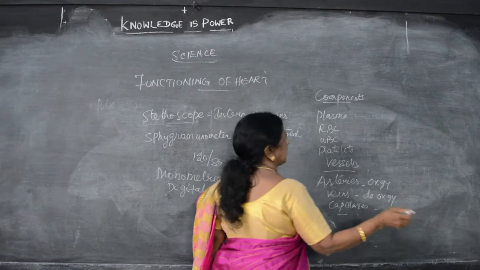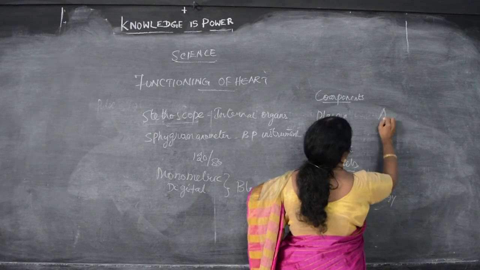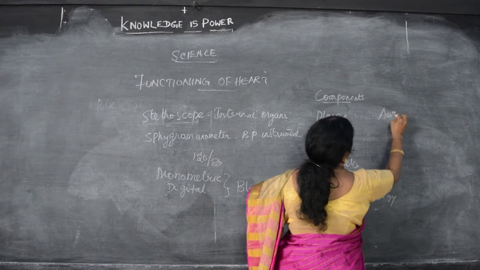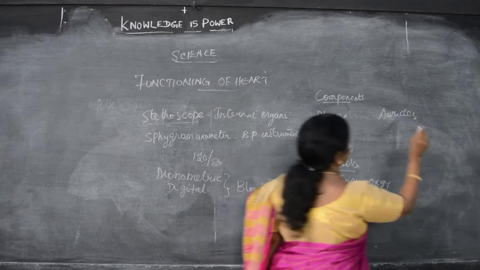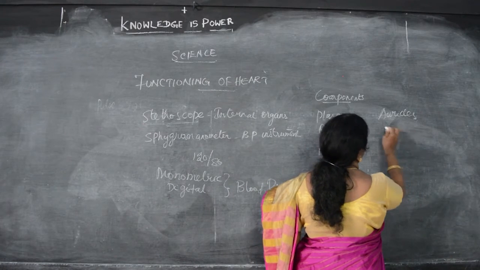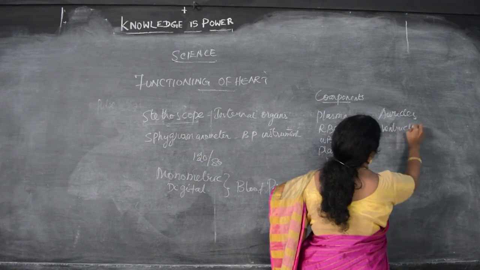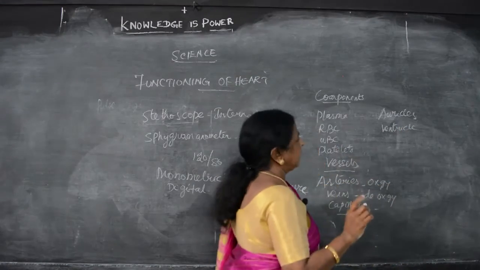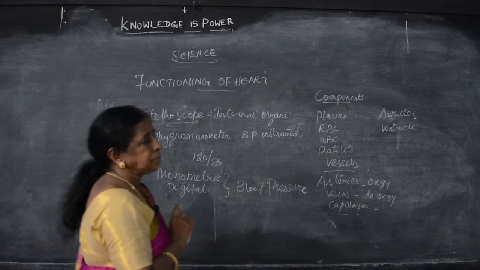And I said the heart has 4 chambers, as we have just completed. The top ones are auricles, see the difference. This is arteries, that is auricles. And the bottom two chambers are ventricles. The heart is covered by a protective layer, that is pericardium. Pericardium is covered with pericardial fluid.